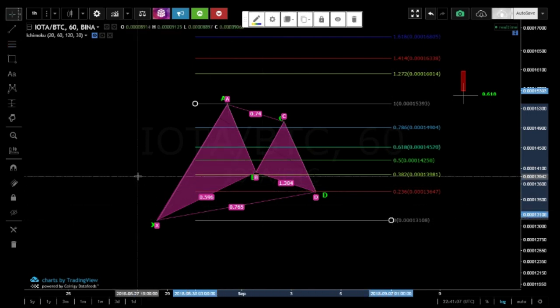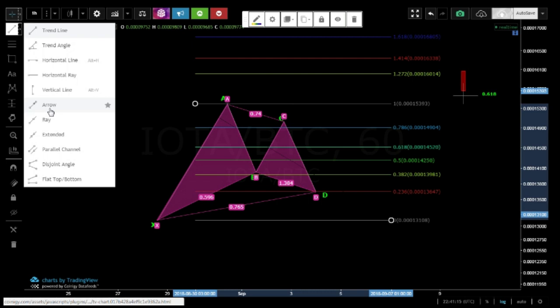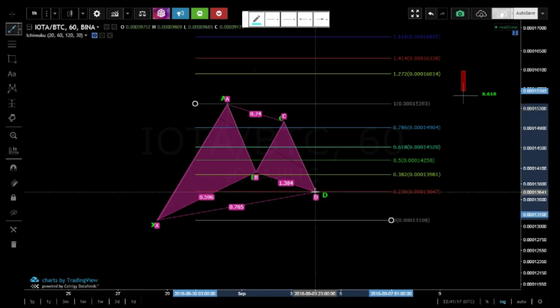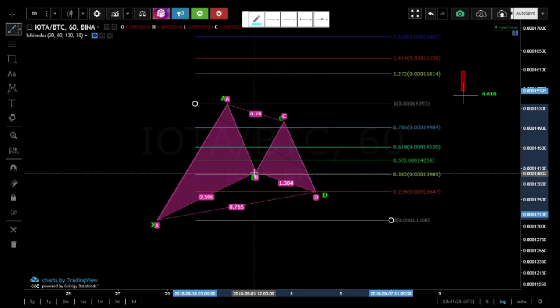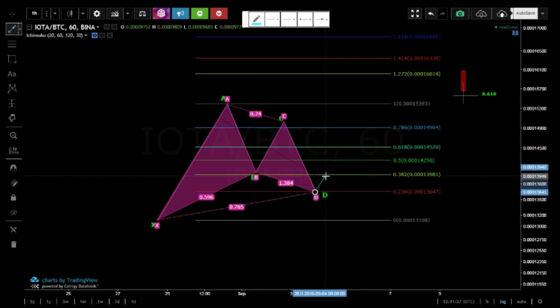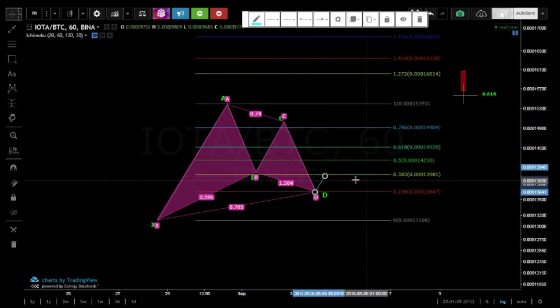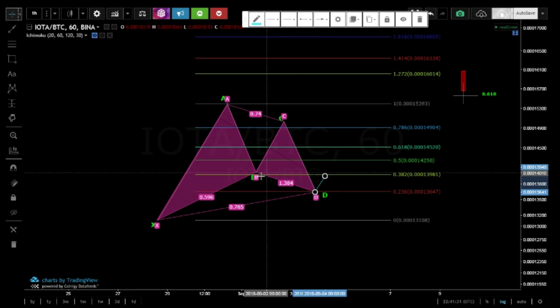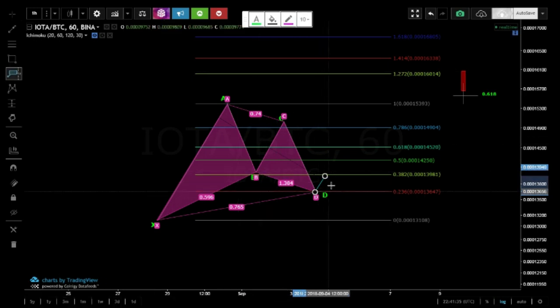So the first thing you should look out for is the B leg. When price touches the D leg, there is a high probability that price will always bounce back to the B leg, which is at this point. So this should be the first point where you take your profit, which is this,